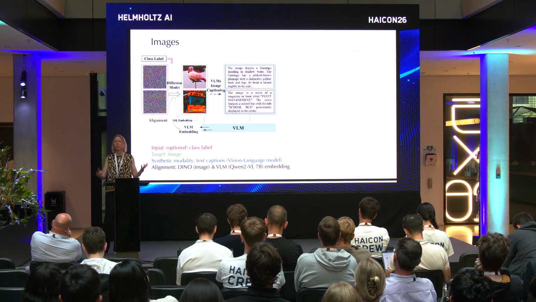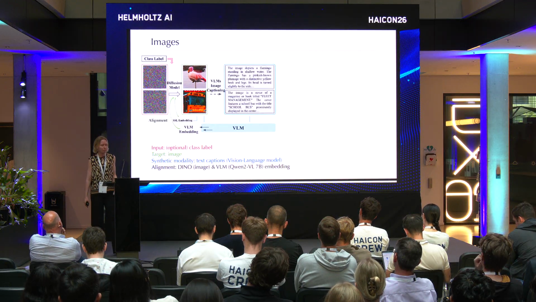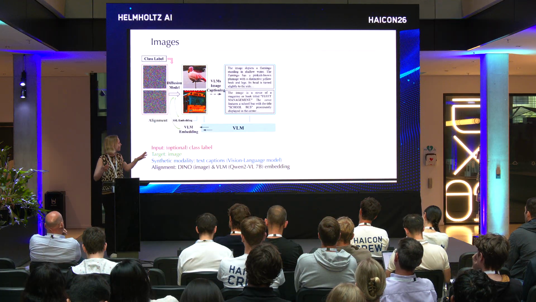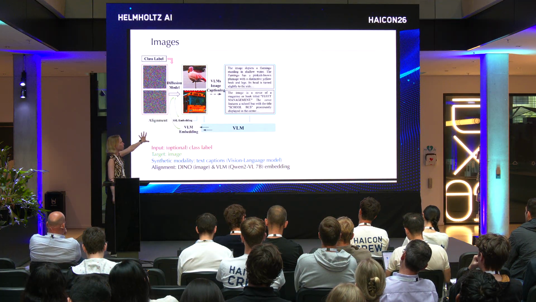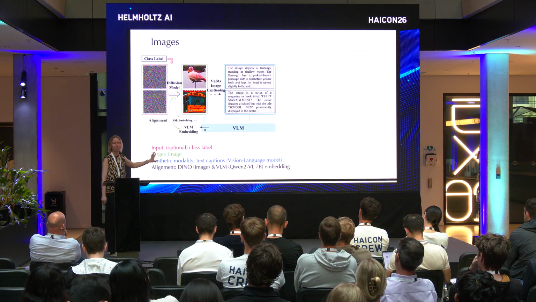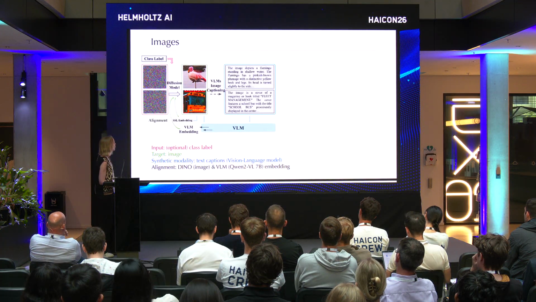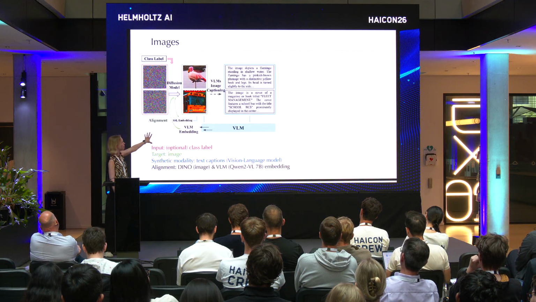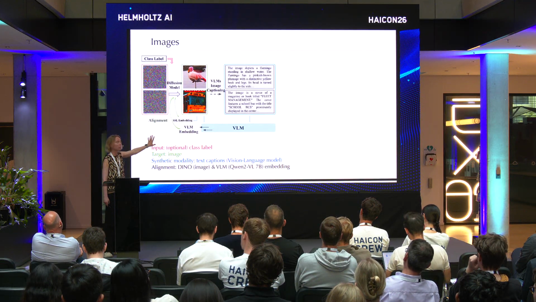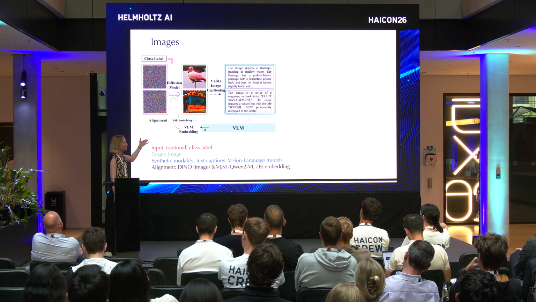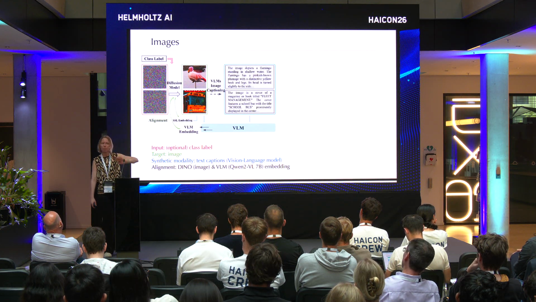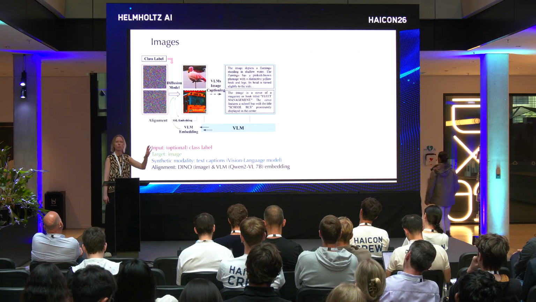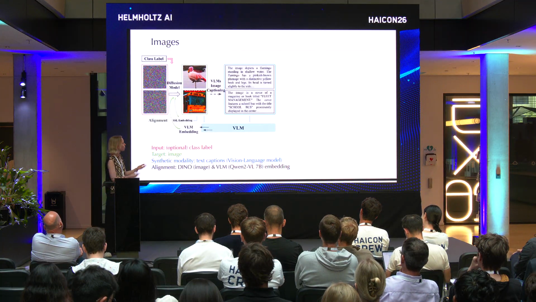So let me show you just some examples of what this could look like. My first example goes back to image generation because that's sort of the easiest visual thing. This picture is a bit complicated because I was lazy and I just took it from the paper, but let me explain. So the idea is your diffusion model is supposed to generate an image, and what people did before is you take that image, you send it through some learned representation model, and it gives you sort of the image representation, and you align them.